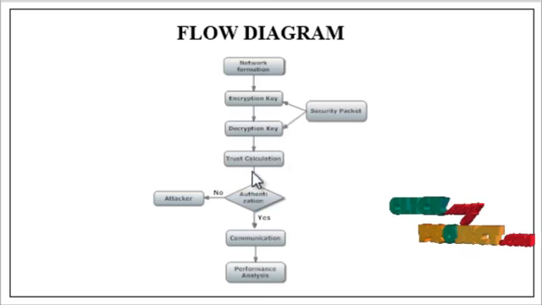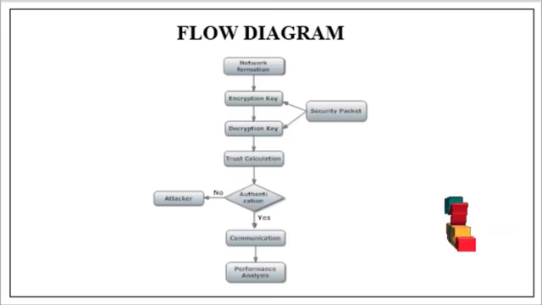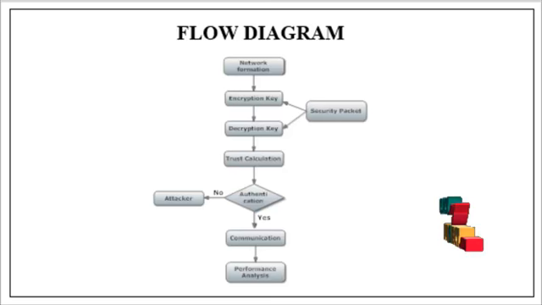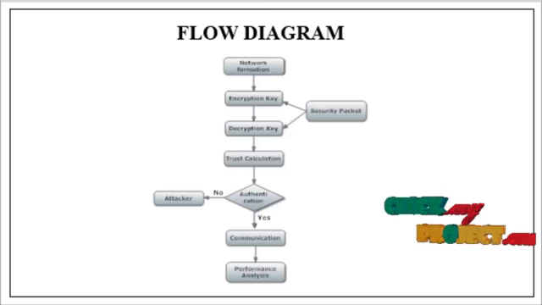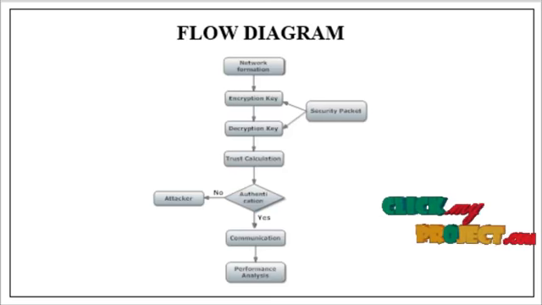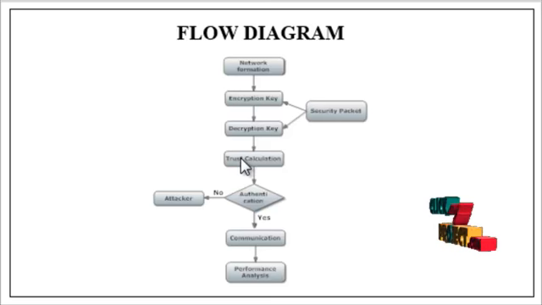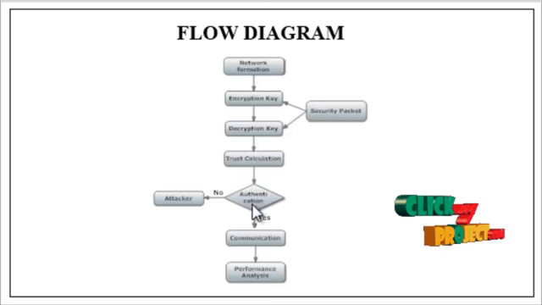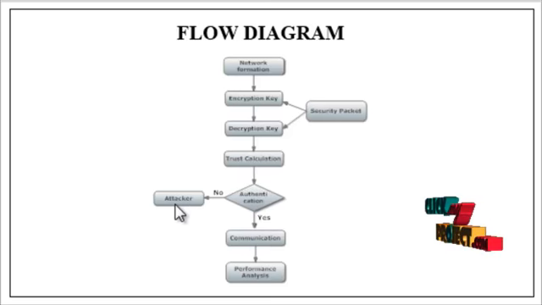Next one is trust calculation. In this model, the trust values are calculated based on three parameters. First one is energy, second one is packet count, third one is queue size. When the current trust value is greater than 0.7, there may be a selfish node in the network. If selfish nodes are indicated, they are added to a block list. Otherwise, data is sent to the destination. If the trust value is clear, it will send the communication. If it is authenticated, it sends the communication, otherwise it will be denoted as an attacker.